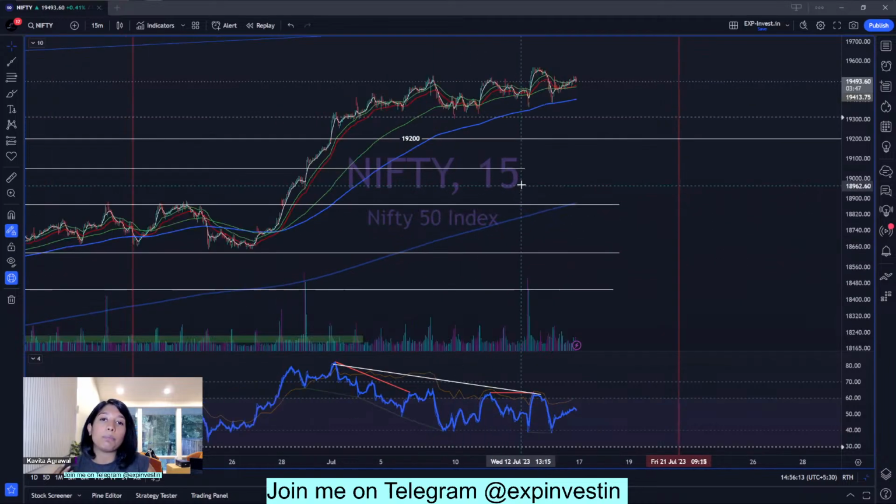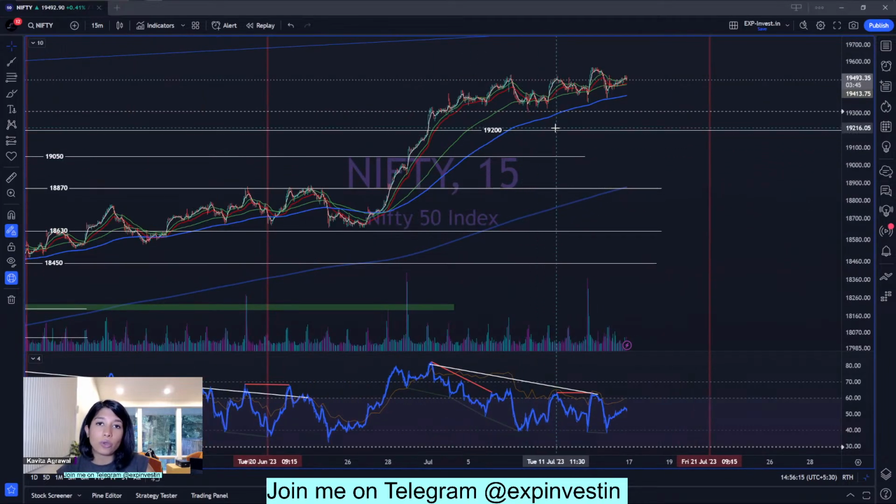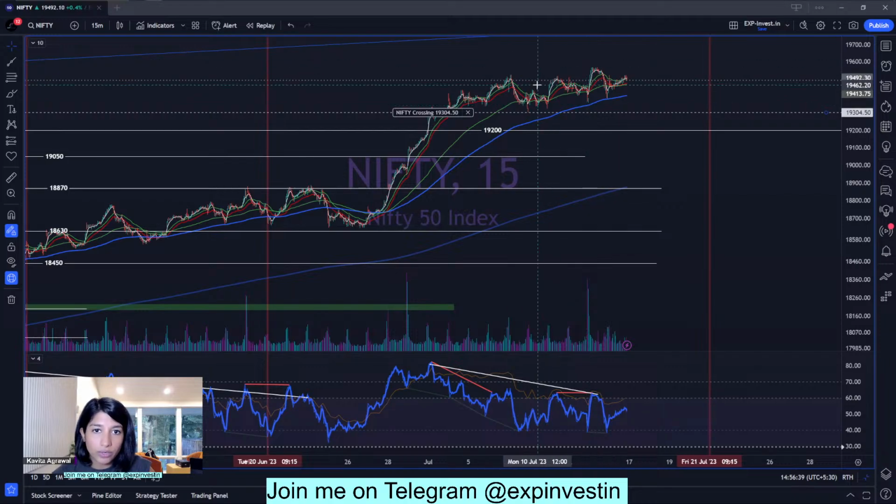So what is the key support that you should look out for, especially if you're a swing trader or long-term trader and you're wondering whether you should keep holding your investments or you should exit your positions? What should you do? Here, if you see, the momentum was pretty strong up to 19,310. Beyond that, the momentum has started to slow down. So this becomes the natural first support, 19,300 roughly. And the next key support is 19,200. So this entire range of 200 to 300 becomes important support for the index.